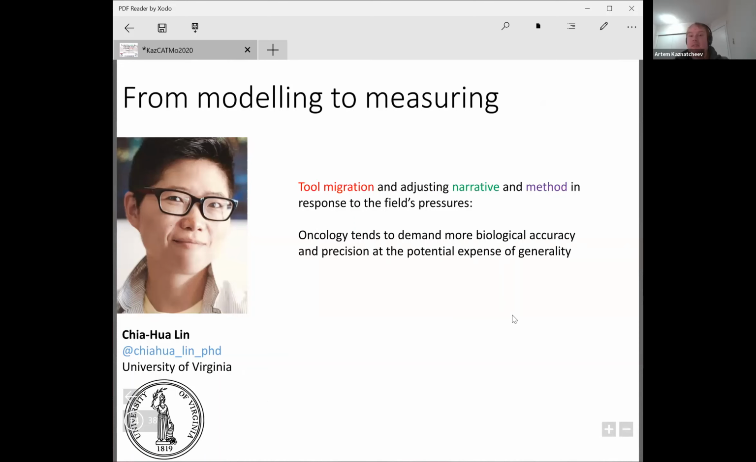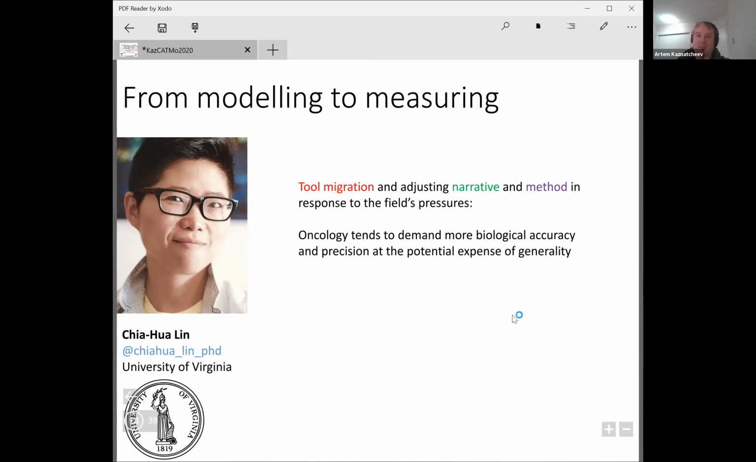And this change in narratives accompanying our models helps us to better connect to the experiments carried out by our colleagues. But it's not the only thing that we can do. And for this, it's useful to think about a nice definition of modeling. And for this, I want to quote